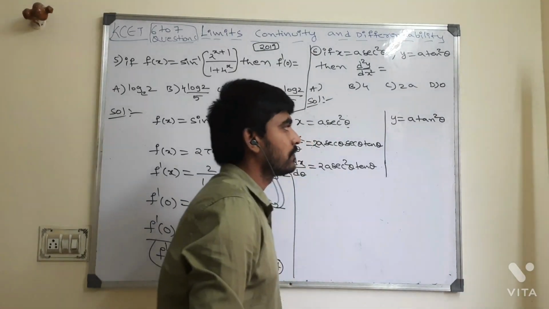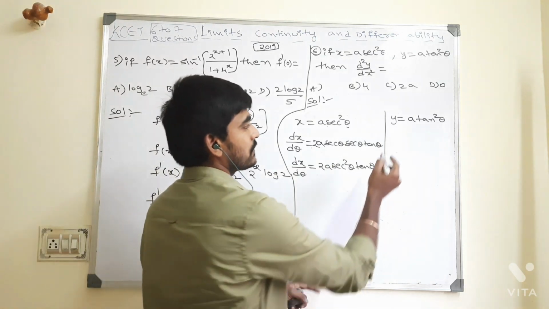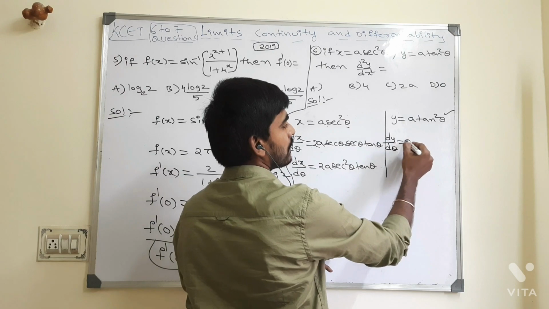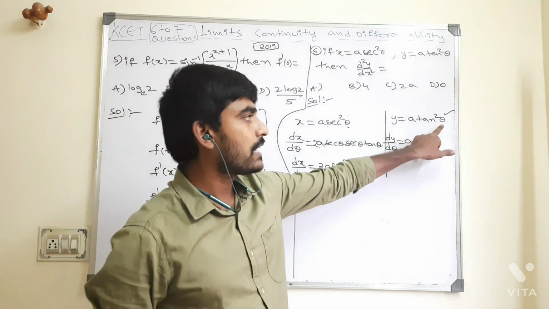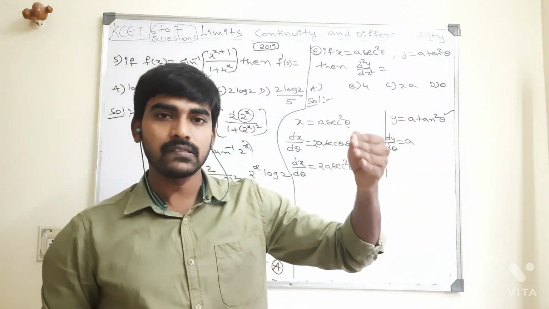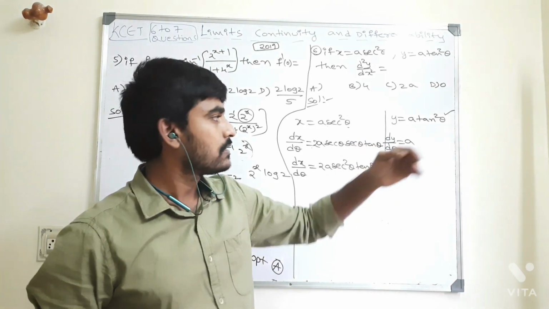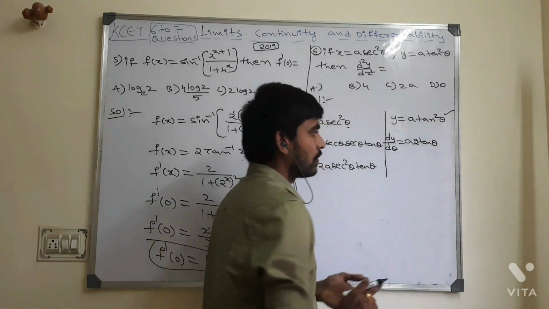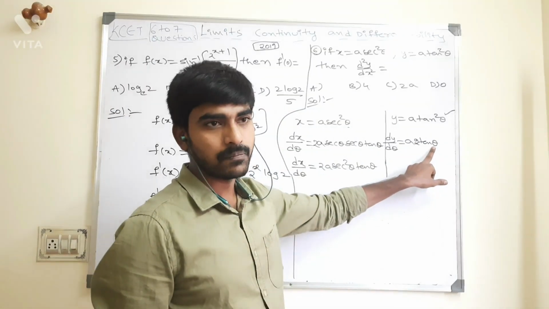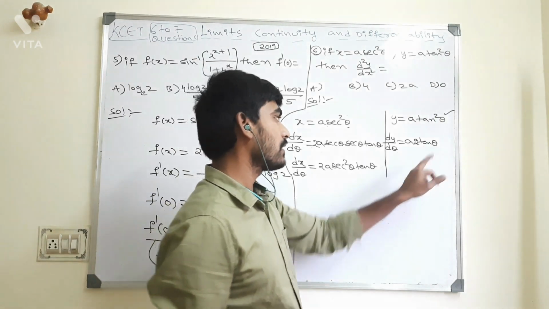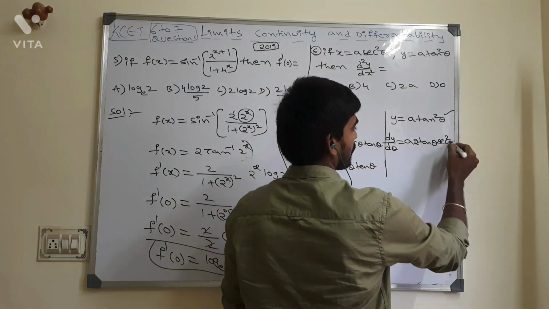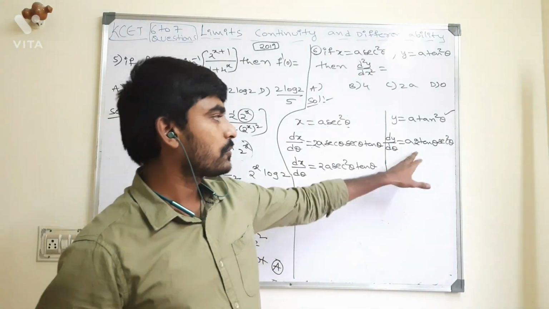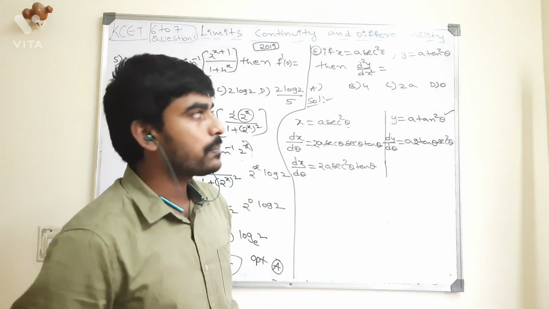y is equal to a tan square theta. We'll do the differentiation of this also with respect to theta only. Dy by d theta is a times the derivative of tan square theta. If x square is there, what is the derivative of x square? 2x, right? Same, tan square theta means 2 tan theta, but it is x or not x? If it is not x, again you should do the differentiation. Tan theta derivative is secant square theta. I hope everyone understood up to here.